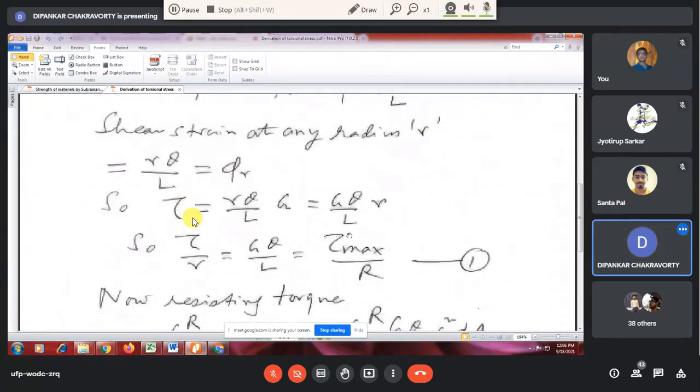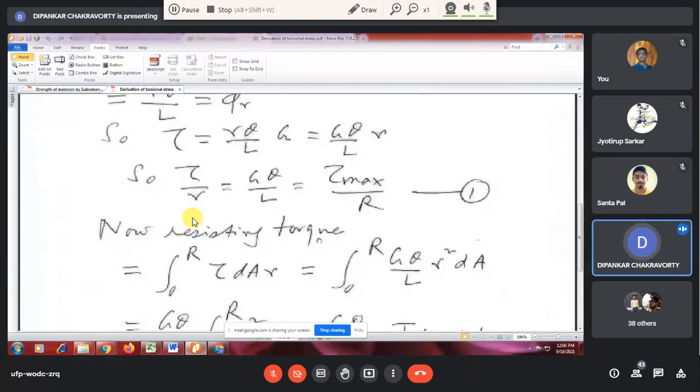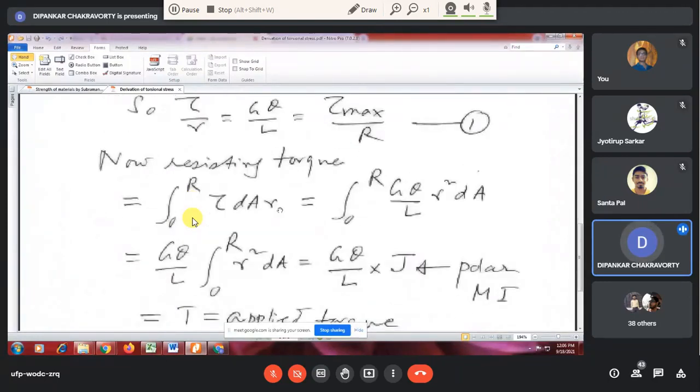That will give the shear force, and that multiplied by the radius again will give the torsional resistance of the shear force about the center. And that, if you integrate from 0 to capital R, then you get the torsional resistance of the entire section. And for equilibrium, that torsional resistance of the entire section must be equal to the applied torque.